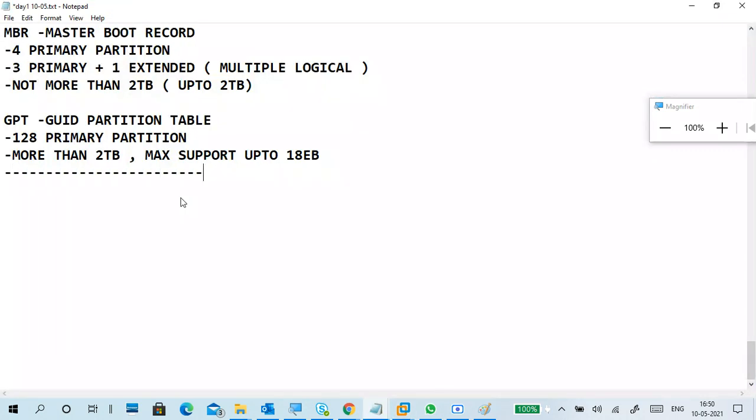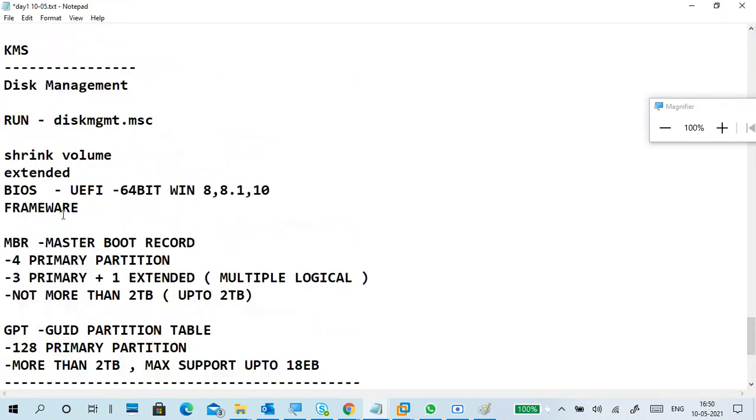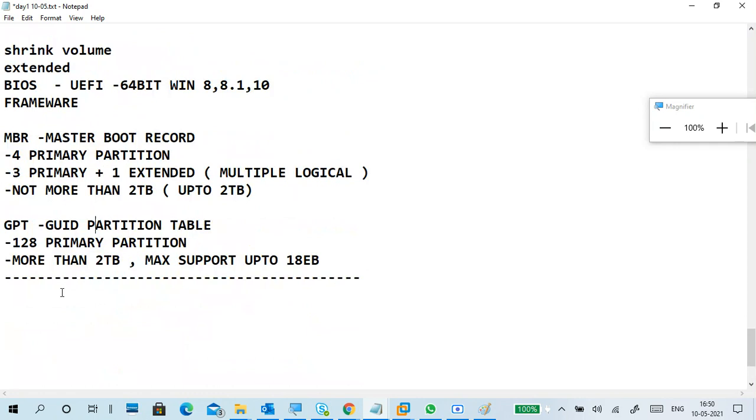Okay, next, MBR and GPT. Next is basic disk and dynamic.